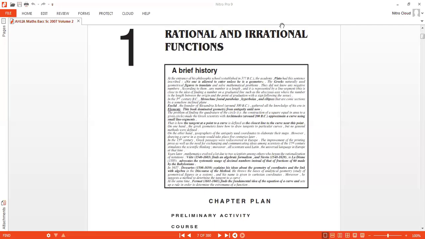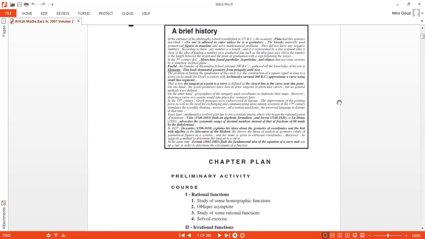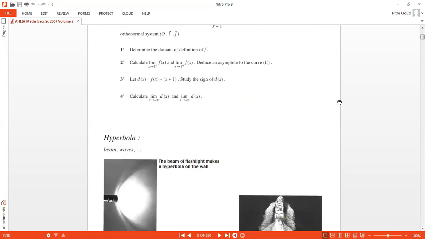So this week we have started solving some exercises about rational functions, and we are going to continue also next week by this lesson. So let us go for the important things that we have learned this week. So first of all,